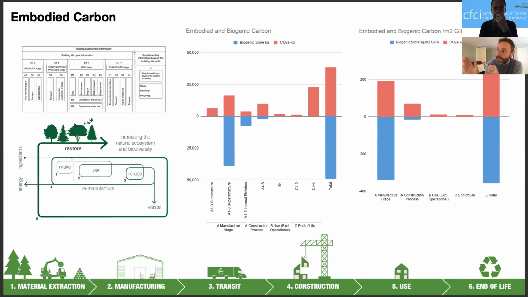So just to explain, the life cycle is really based on these different criteria. You've got the A, B, C and D, which is during the lifetime of the whole building, not just during the construction. So we've calculated during each stage of the life of the building how much carbon can be captured, and how much, inevitably, we need to use some concrete, for example in the foundations, and some steel and metal and so on.